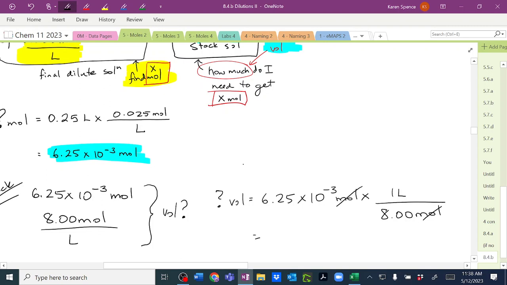And we get 6.25 times 10 to the negative 3 divided by 8, and we get 7.8125 times 10 to the negative 4